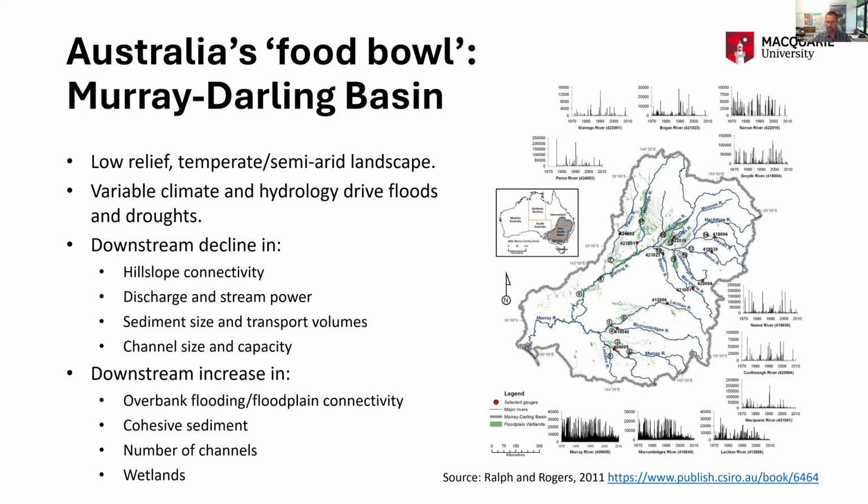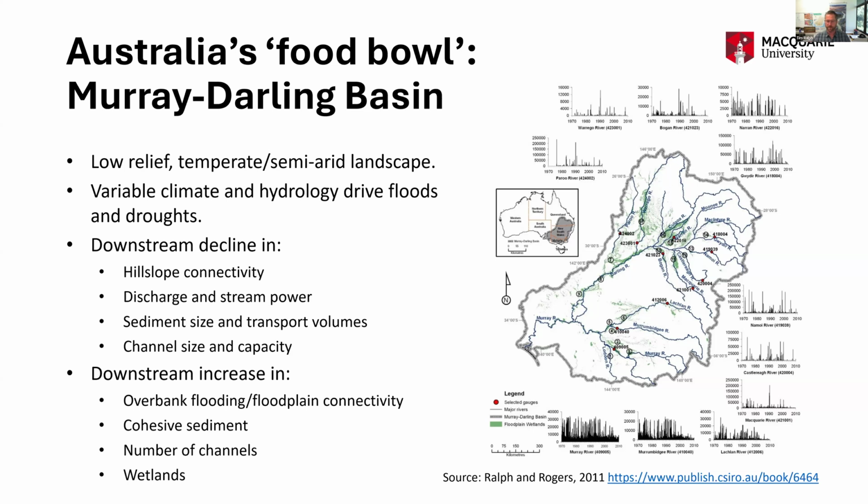Sediment size and transport volumes tend to decline downstream as sediment accumulation takes over. And channel size and capacity also tend to decline downstream along these rivers. Conversely, we tend to see downstream increases in things like overbank flooding and floodplain connectivity. So as the rivers emerge into broad and relatively flat alluvial landscapes, they can flood out and spread water across